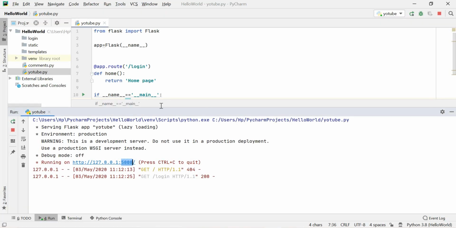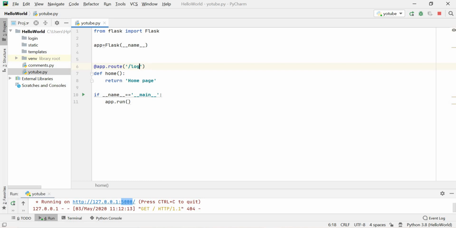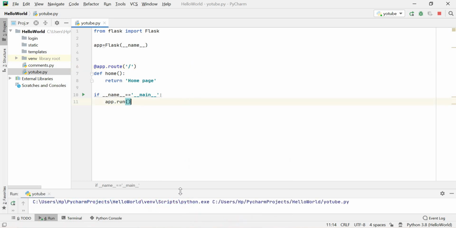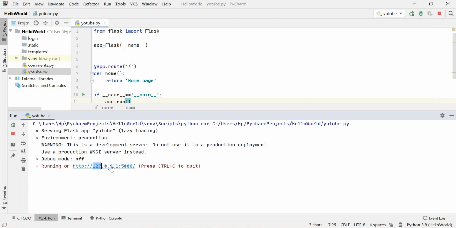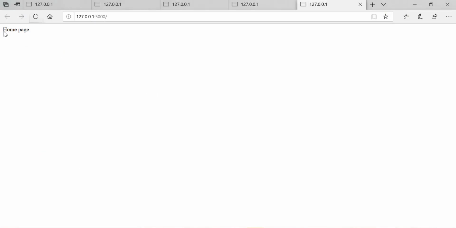You will get this home page. So if you want to change your path, that is the route, you can change that as well. I want to put it like this, so I will Ctrl S, right click, run YouTube. You will get this URL. You just hit over here, you will get this home page. Okay, like this we can make our home page.